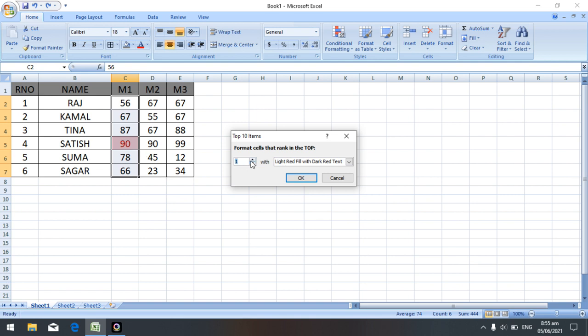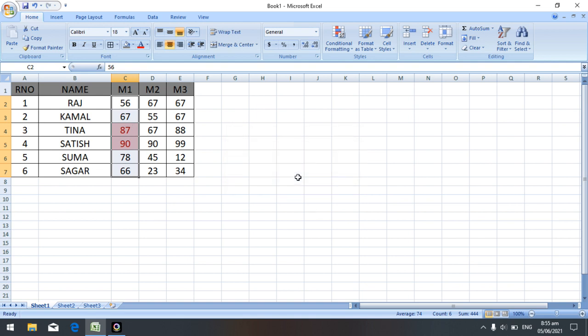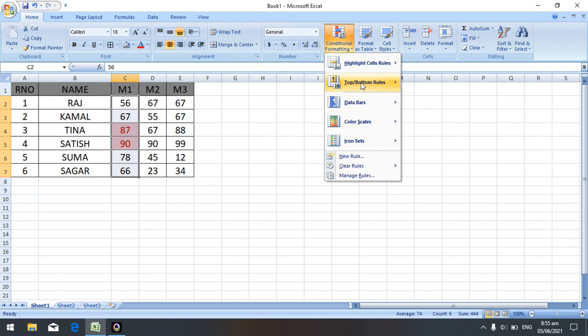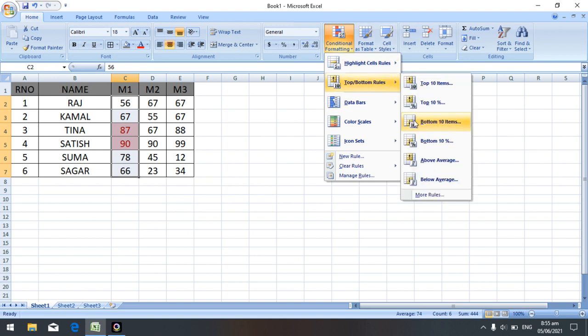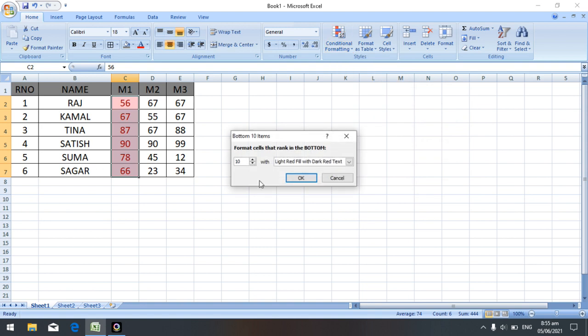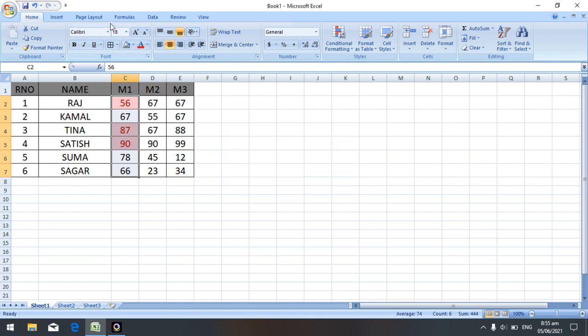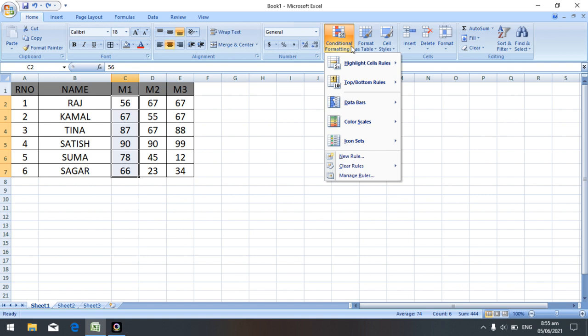If I want top 2, then same way bottom 10 items. These are the bottom numbers. So whichever option you want, you can select accordingly in the conditional formatting option. If the database is very large, this will help.